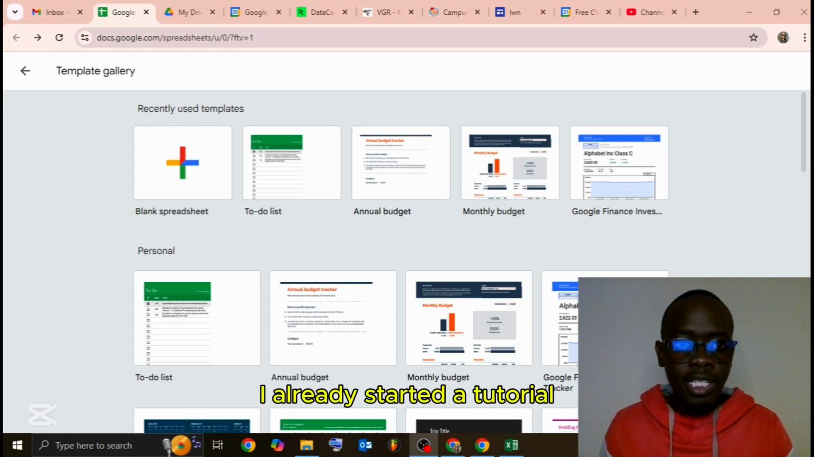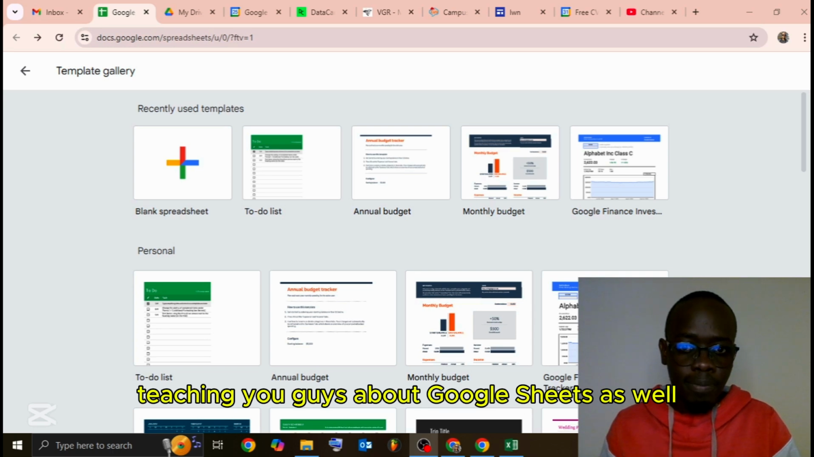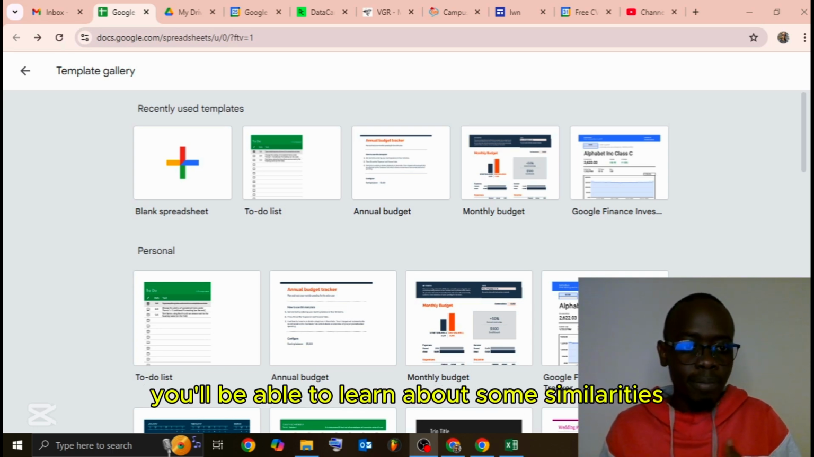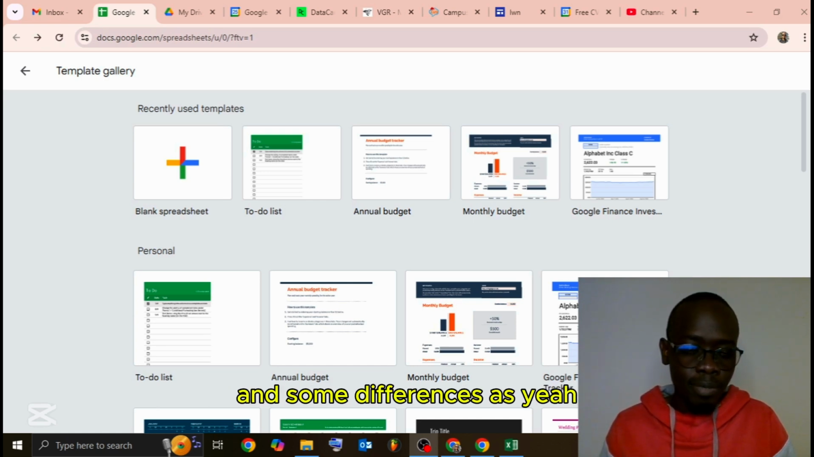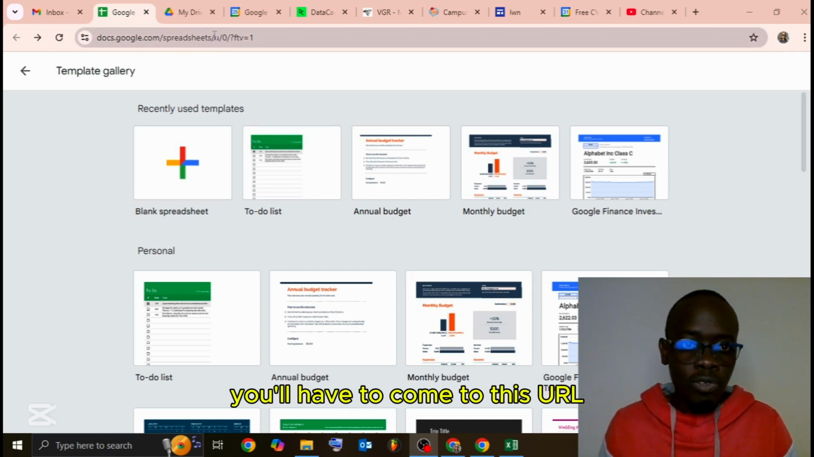I already started a tutorial talking about Microsoft Excel, and I thought it wise to also start teaching you guys about Google Sheets as well. Through this you'll be able to learn about some similarities that both of these spreadsheets have and some differences all in all. Now, for you to access Google Sheets, you'll have to come to this URL,